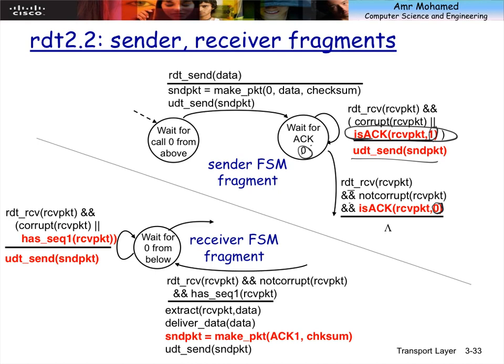This for acknowledgement 1 comes from here, yes? It is related to the acknowledgement, yes. The idea here is that if you are waiting for acknowledgement 0 and you get acknowledgement 1, there is a mismatch. If there is a mismatch, stick to your state, because what you have received is due to some error. Here it will wait to retransmit? Yes, of course. So when do I transition to another state? Only when I receive a packet, it's not corrupted, and the sequence number matches. Only then can I switch to another state.